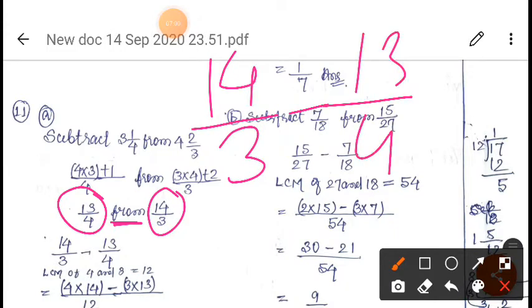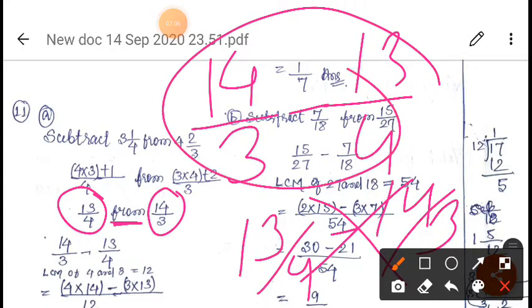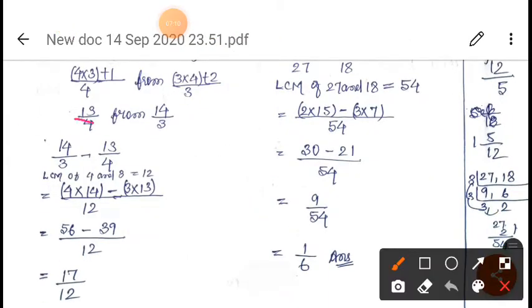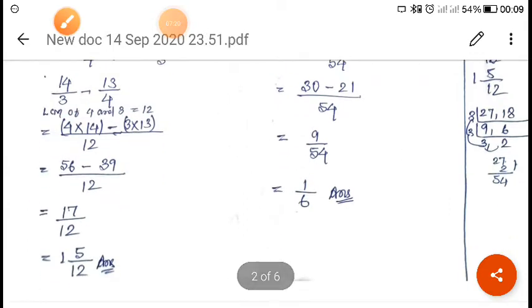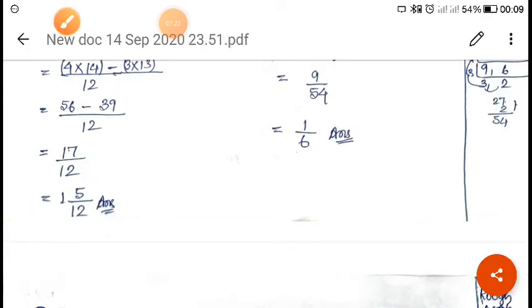Okay, it is not like this that 13 by 4 minus 14 by 3. It is not like that. This is wrong, right? This is the right one, as you can see here: 14 by 3 minus 13 by 4. So when you find out the LCM, you will get 12. After that, when you solve like this, the same thing which we have done previously, we will get 11 by 12... right? I hope you have understood this, right?